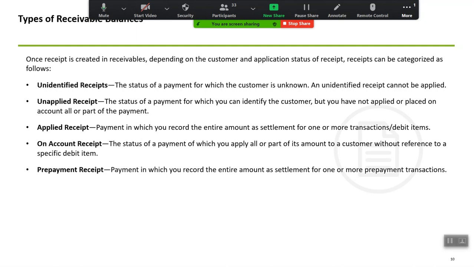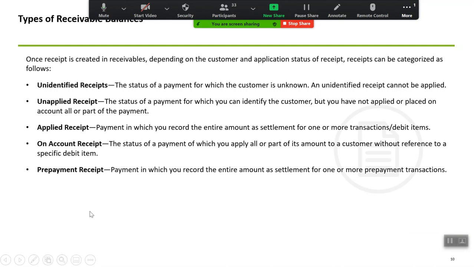And there is a way to perform all these transactions. Of course, we will see this in our next slide, but this is just a term that I would want you to note, that there is one more type of receipt called an on account receipt, wherein you can hold that money, neither applying it onto a particular invoice nor keeping it as unapplied.